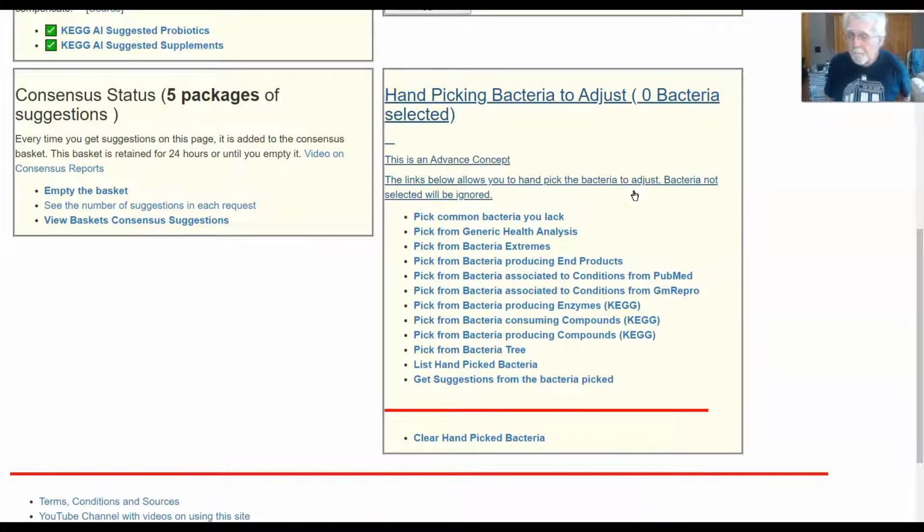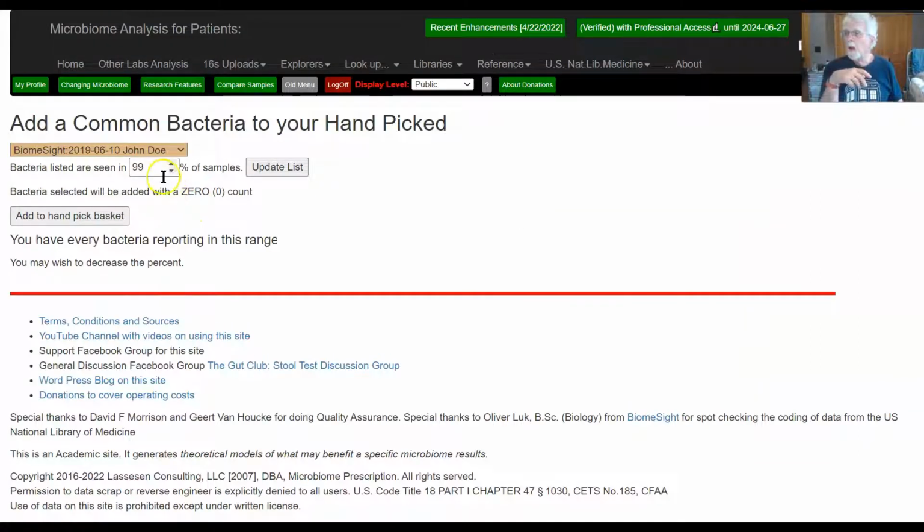Hand-picking bacteria for advanced users is very sweet. It gives you a great amount of power and control. But you can go in and say, okay, first of all, I want to add any bacteria which 99% of the people have. And guess what? You have absolutely nobody there. If I drop it down to 80%,